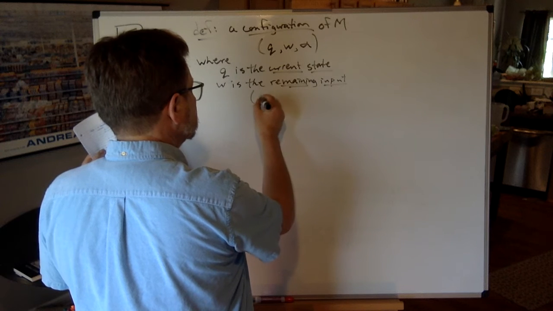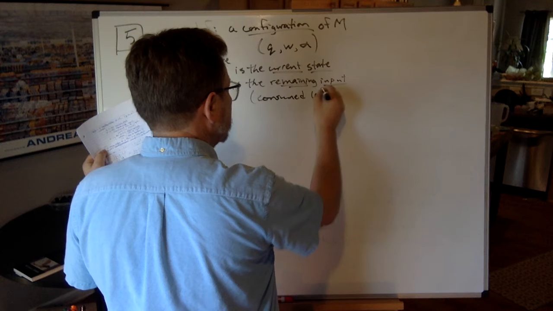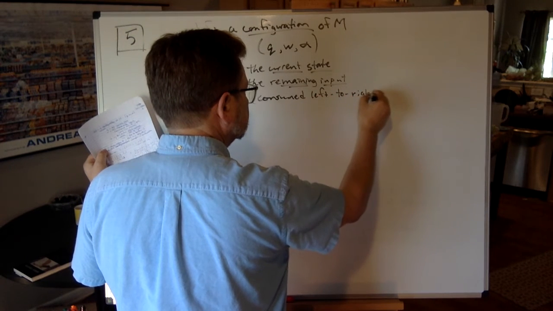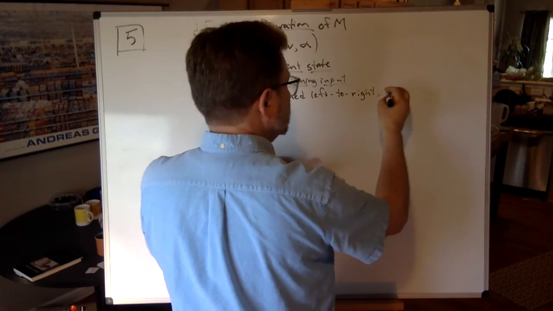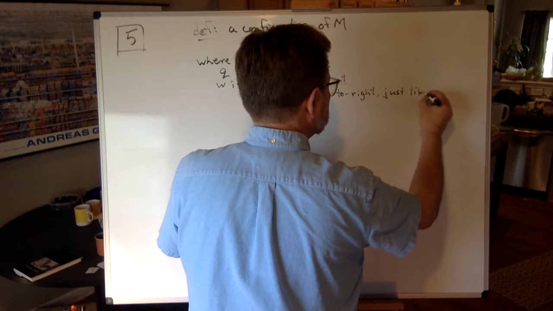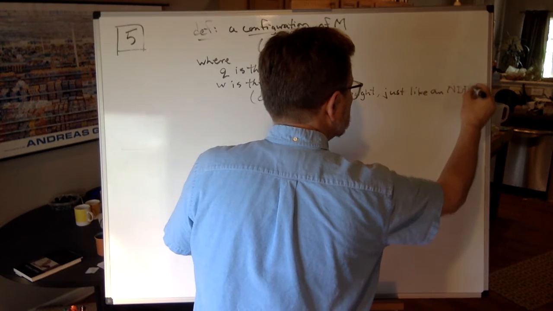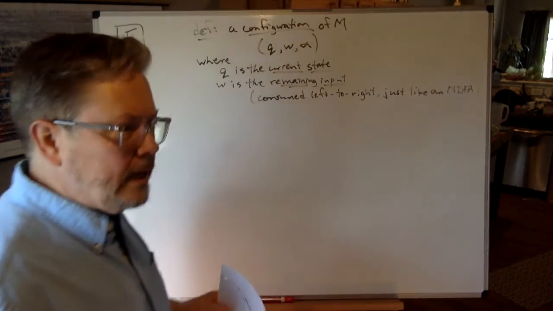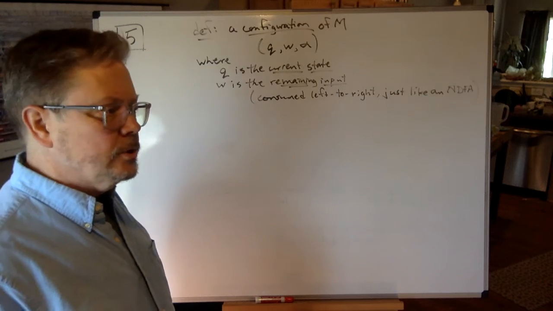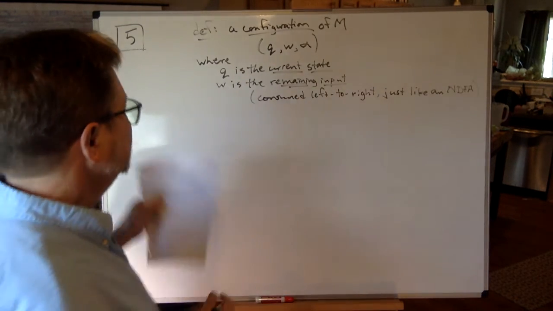And I'll just put a note here parenthetically. Our input is consumed left to right, one-way trip. And to browbeat you about it, just like an NDFA, when we're eating up a string in an NDFA and going through all our state transition diagram and everything, we use the symbol exactly one time, and then we don't go back. There's no way to get it back once we've used it up.